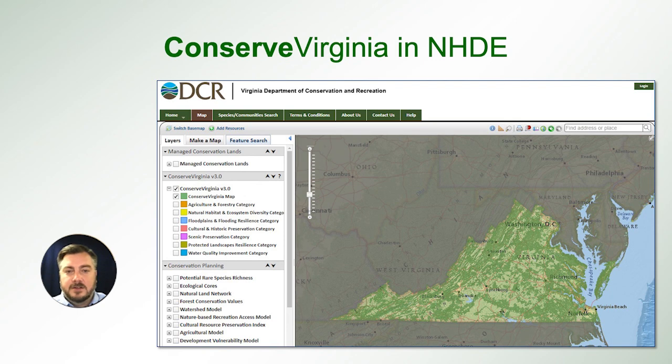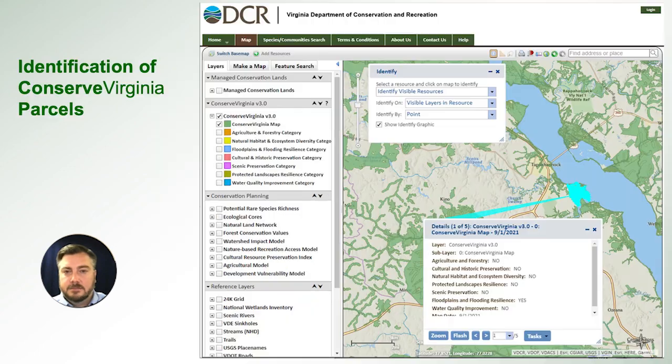Here we see the ConserveVirginia map as displayed in NHDE, which includes all 7 categories. Clicking a polygon using the Identify tool in the ConserveVirginia map reveals the associated attributes. For this example, in this attribute table, we can see that this is a yes for the Floodplains and Flooding